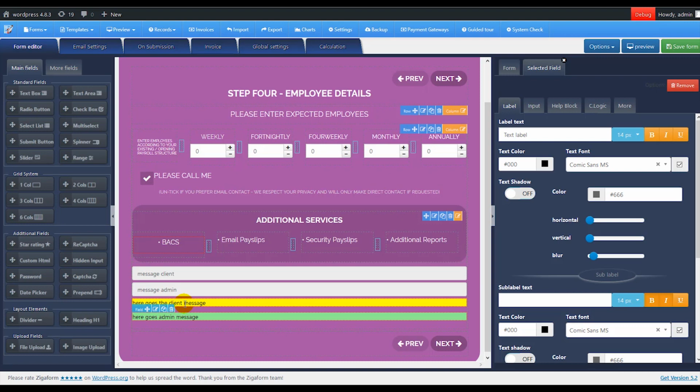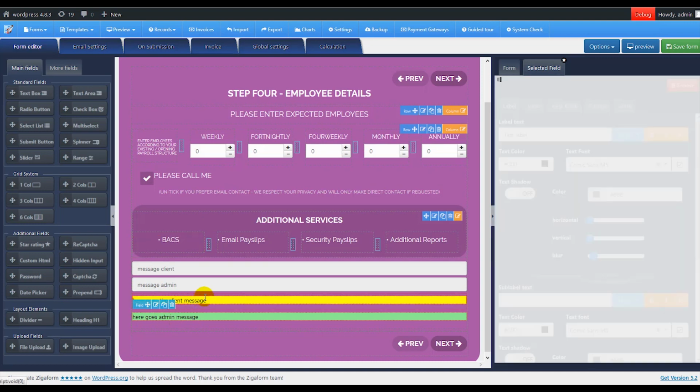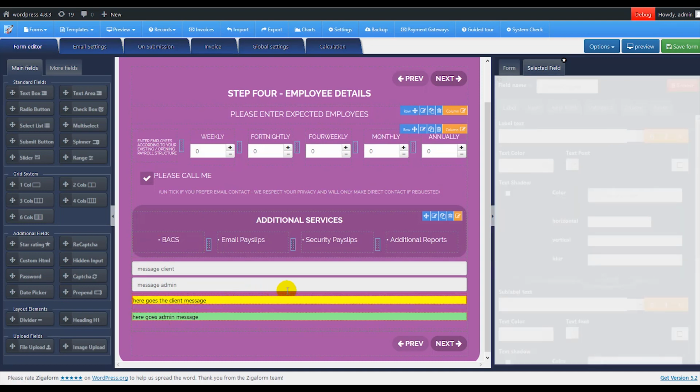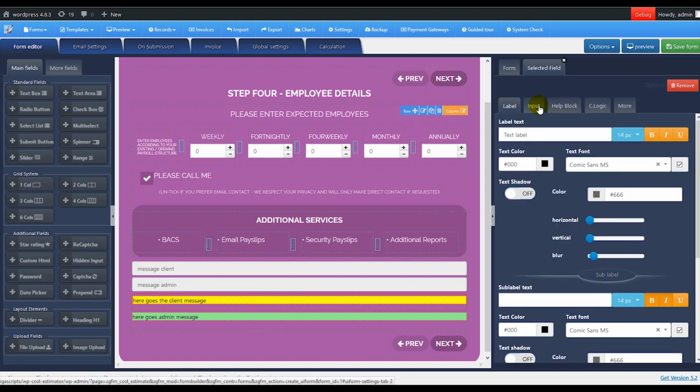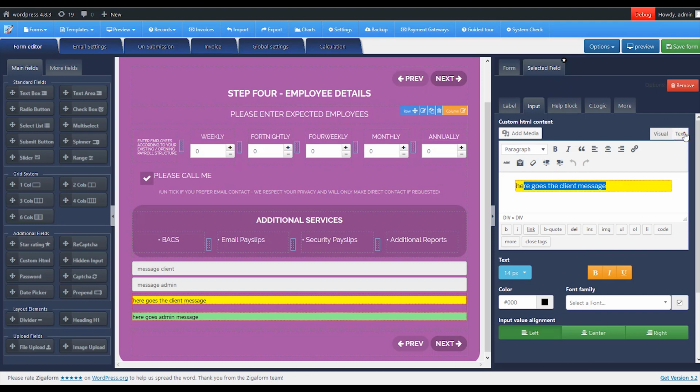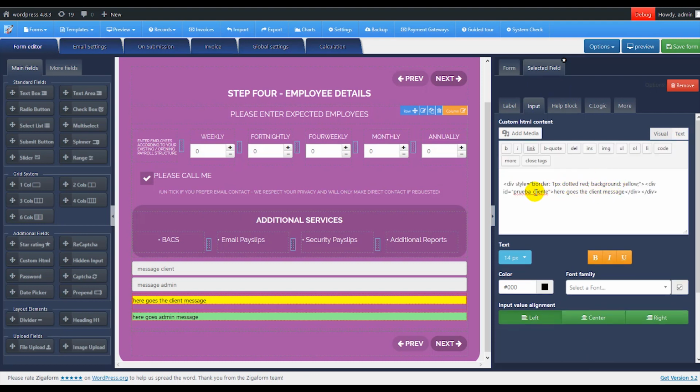The yellow box shows the mail message for the customer, and the green box will have the mail message for the admin. So how did I do that? I just used an HTML field. This is the HTML field, and I added here an ID. This ID is called prueba cliente, and for the green box,